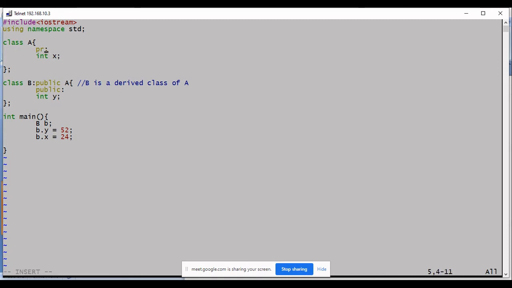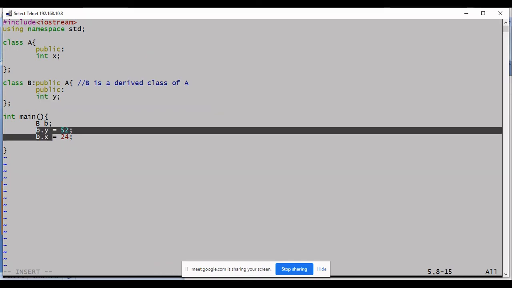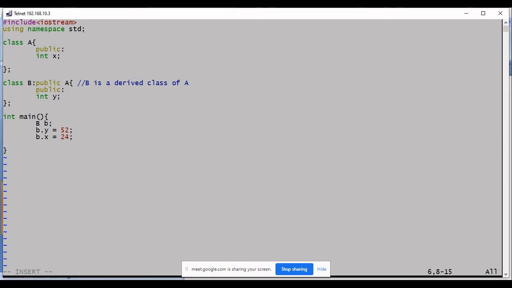To demonstrate that, let me change this back to public. X is public, y is public, and with this setup I could access x and y. Now what happens if I change this to private? Class name is same, however this keyword access specifier name is changed.